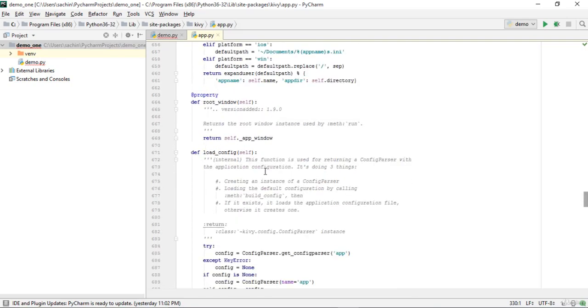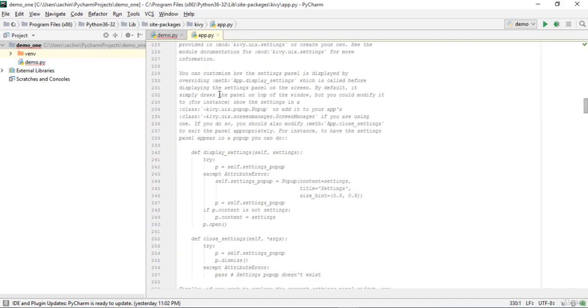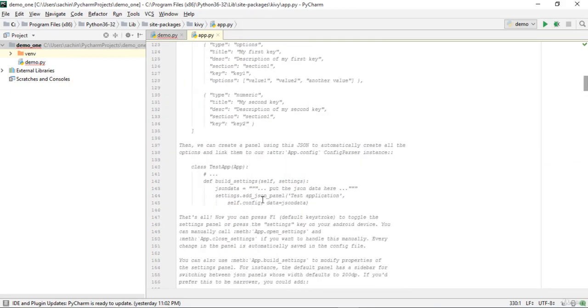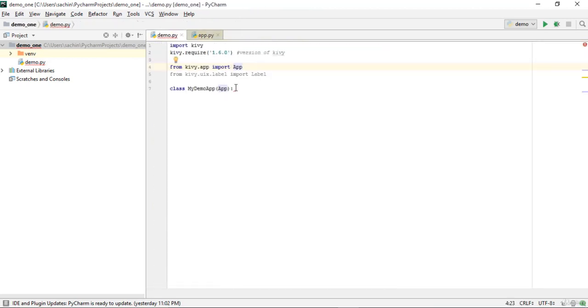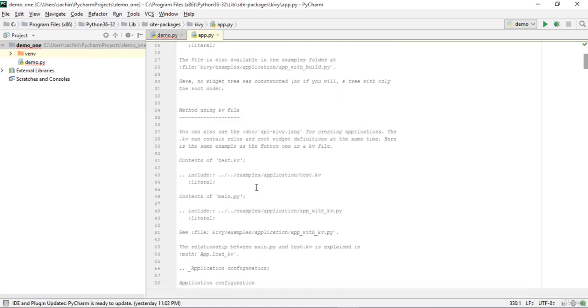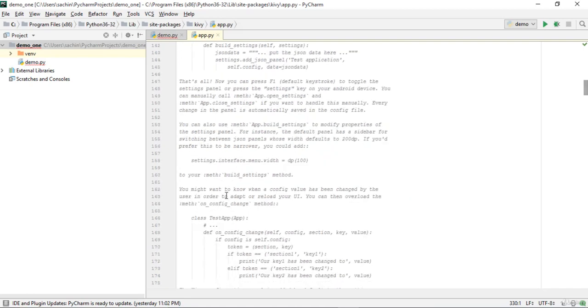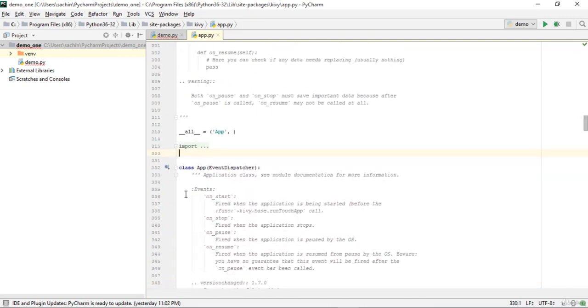In order to make our life easier, what we can do now is use the methods that are defined in this app.py. We'll make use of it in order to make our app in Python. If you go into this app.py, you can see multiple functions over here, and you can also see the documentation. You can read their documentation. It is really elaborate here, and you can see the App class here. This App class also has an EventDispatcher, which is inherited here. That means you also have this EventDispatcher class.